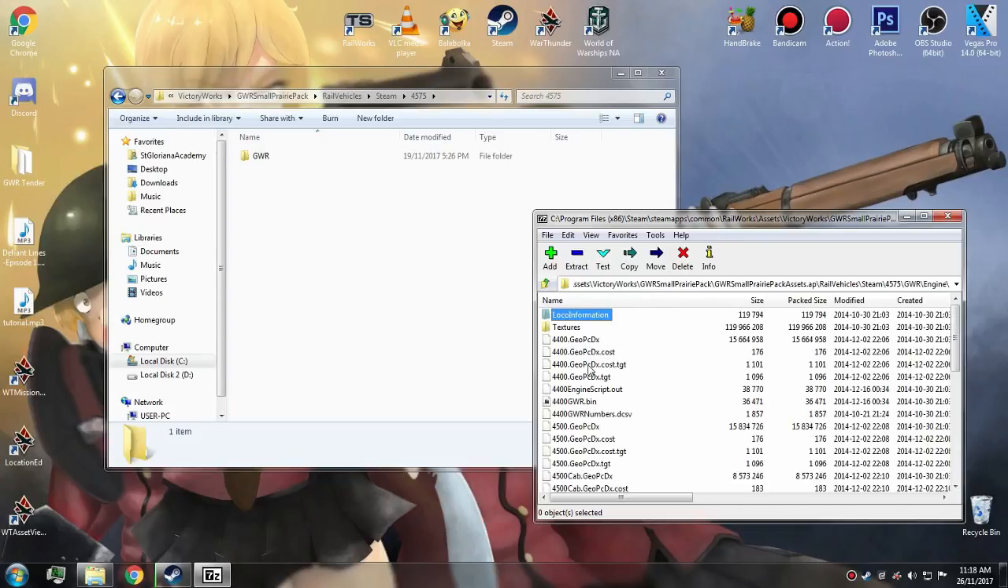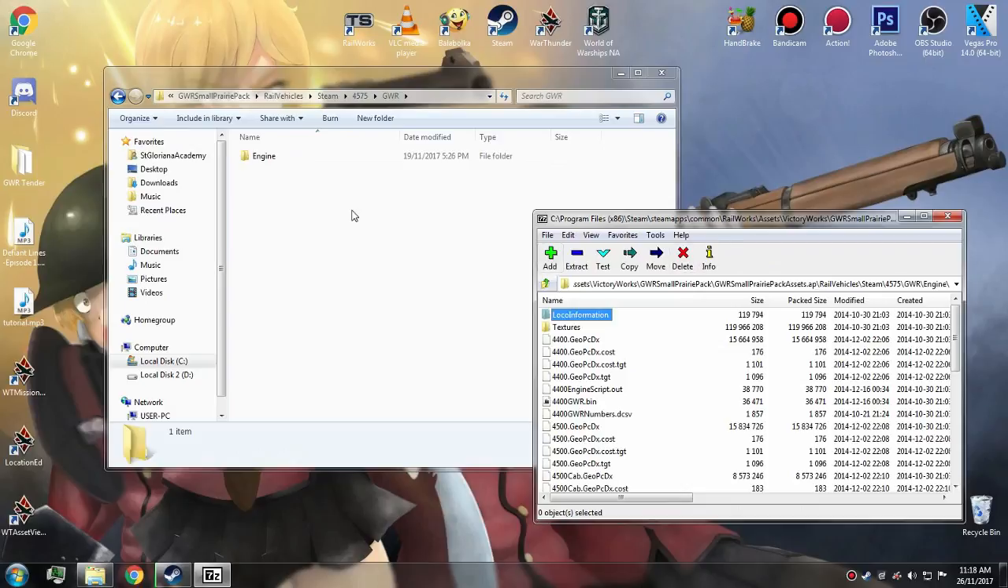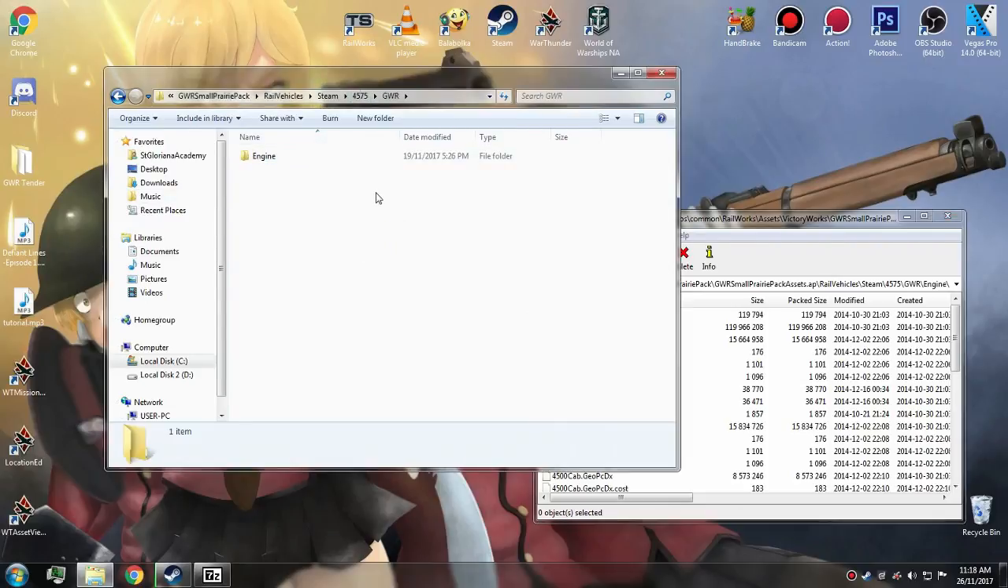Let's go for the GWR version. So make a new folder and call it GWR. If you want to use it for the BR version, do so, because if you're using a BR loco and you don't have the derailment disabled, then it will still happen with that pop-up window. So once you've done that, make a new folder and call it engine, and as you can see there is a bin file, but that's for the Steam Sound Supreme